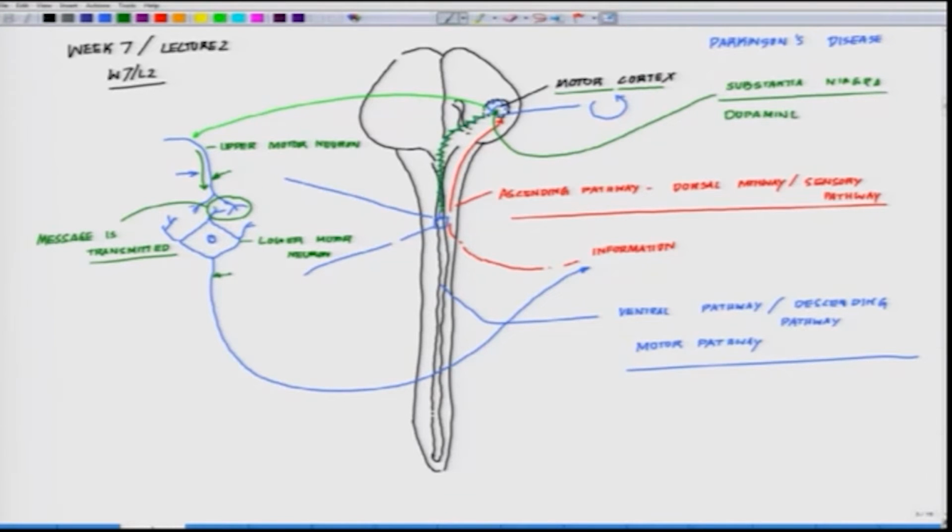When we talk about dopaminergic, it means these neurons secrete dopamine as a neurotransmitter. I am just putting NTs. Okay. So these dopaminergic neurons at the substantia nigra start to die off, and they do not signal the lower